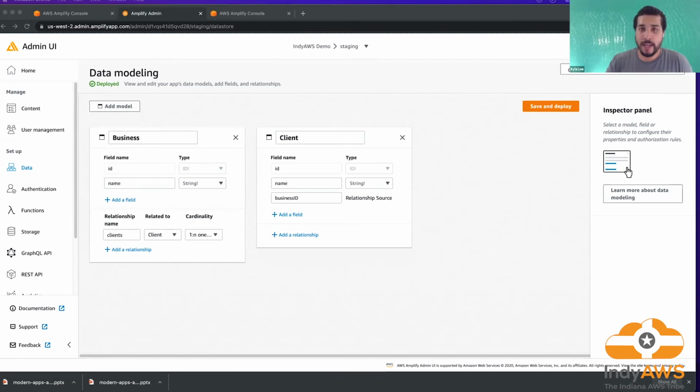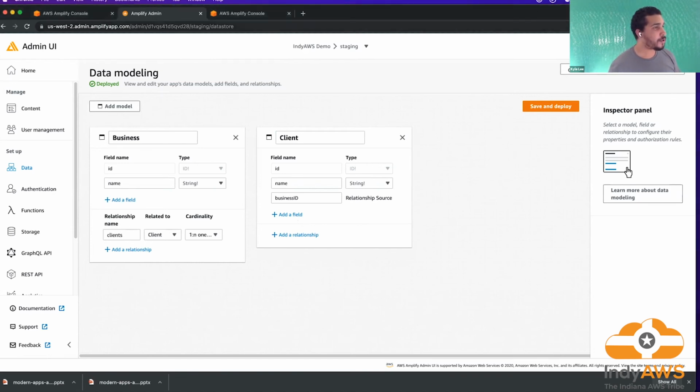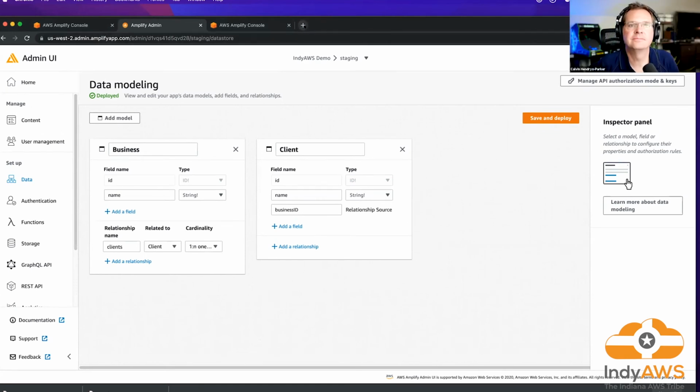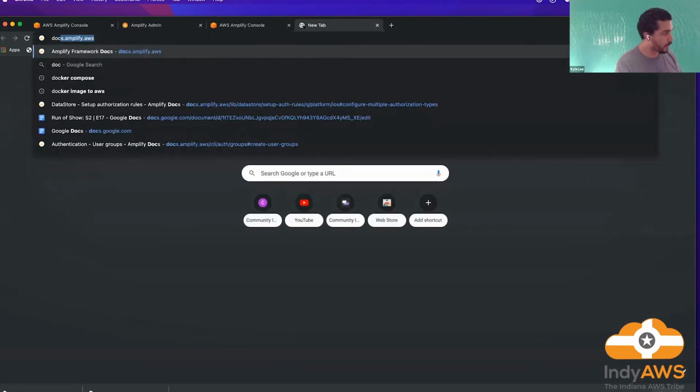Yes, you can, but I haven't done it personally. So I know that you can. What you would do, and it's in the documentation, is you would go to the API section. Can you still see my screen? Yes, we can. Okay. So let's go ahead and take a look at it.